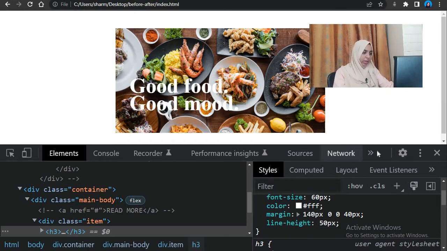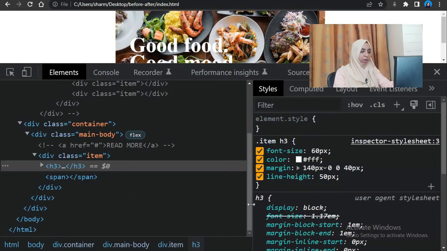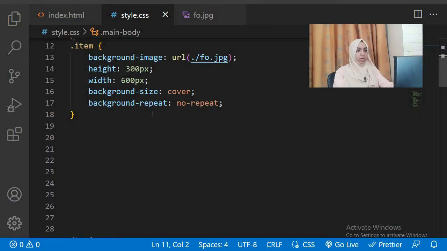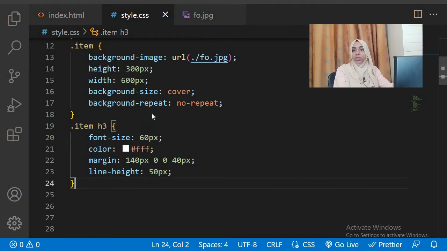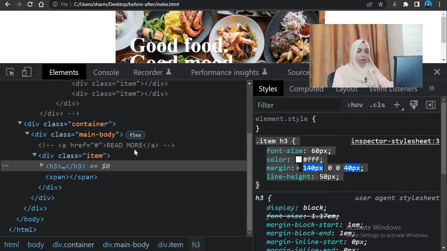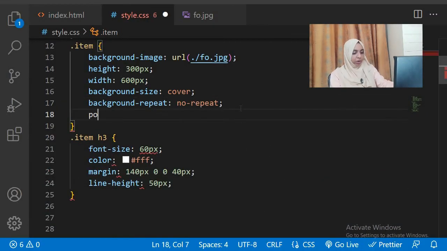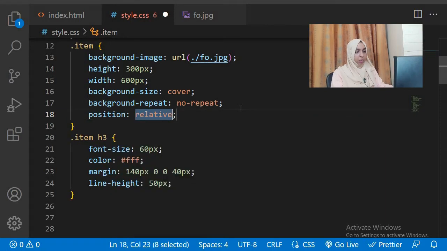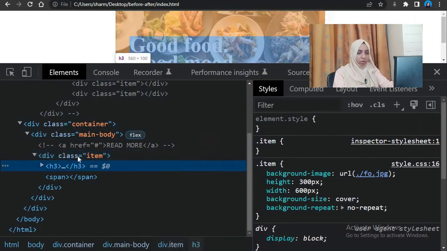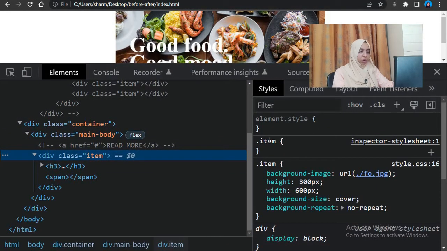Looks good, right? I know it's not visible right now, but when we give the item an overlay, there again we will use before and after. Okay, so this is a good complex example to understand before and after really well. So 2 times we'll be using before and after here. Now on the item, we give the item a position of relative first over here, because we are going to use an after on it or a before, whatever you wish to use.